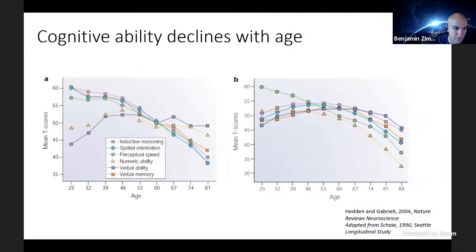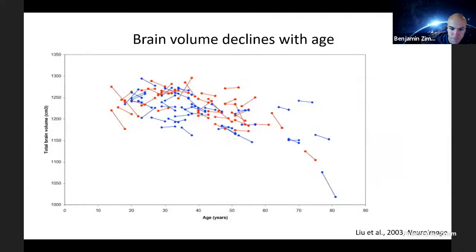So let's go back to more depressing stuff. And that's that a lot of the negative patterns that we see in cognitive ability are also reflected in measures of brain health. This applies to many metrics of brain health, but I just picked an intuitive one to think about, the total brain volume.